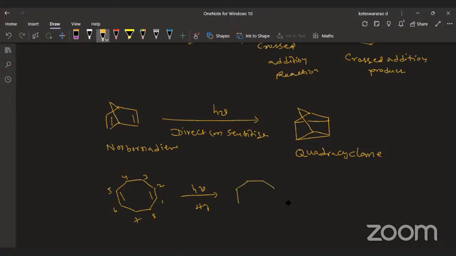The transition state is like that. That means it is the triplet biradical transition state. Suppose it undergoes cross addition, then it leads to the formation of